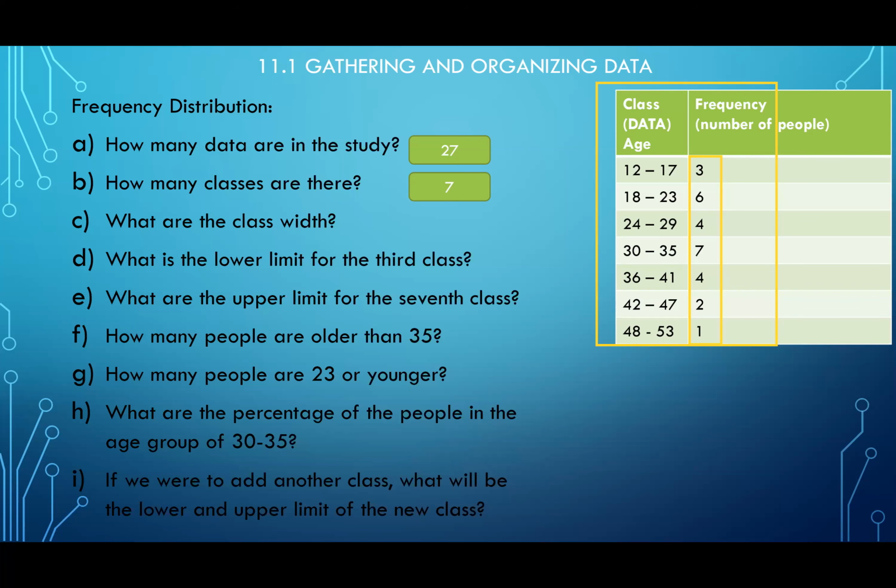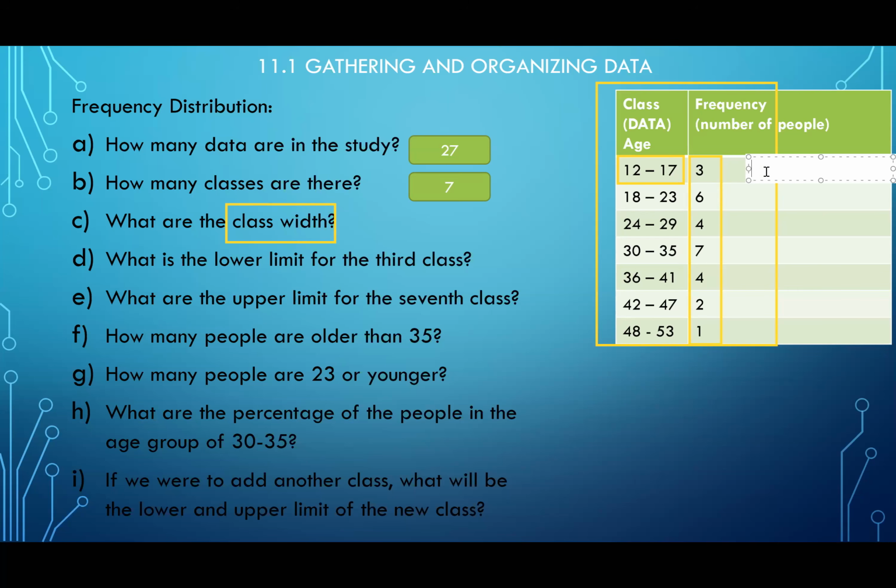Now, the class width, this is the terminology that we need. The class width is basically asking how big is each of your classes. The class width is how big each of your classes is, meaning in each particular class, how many different data are in this class. Okay, so if we dissect this elementary,